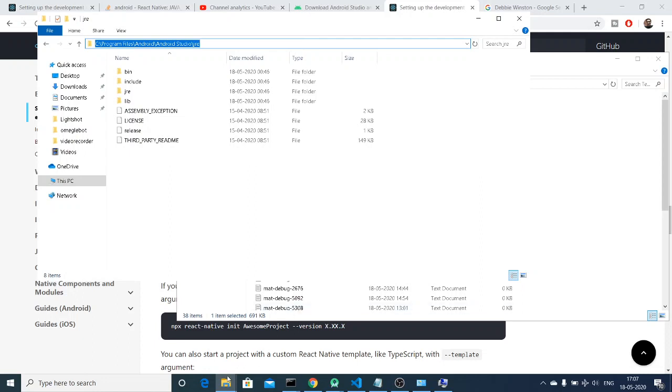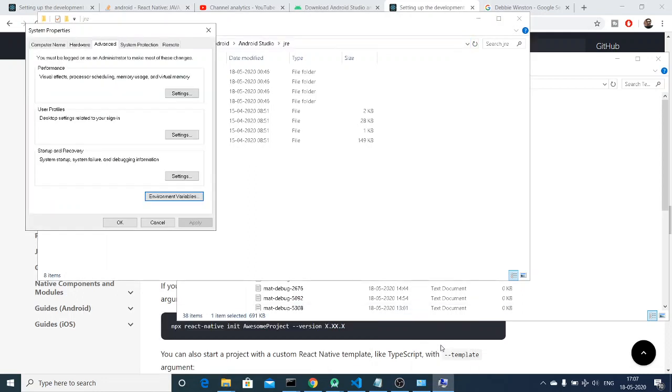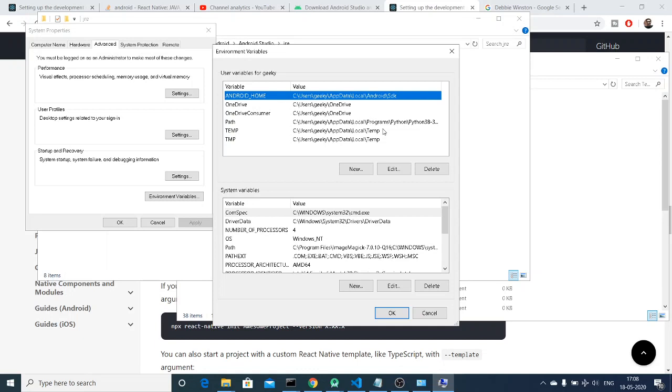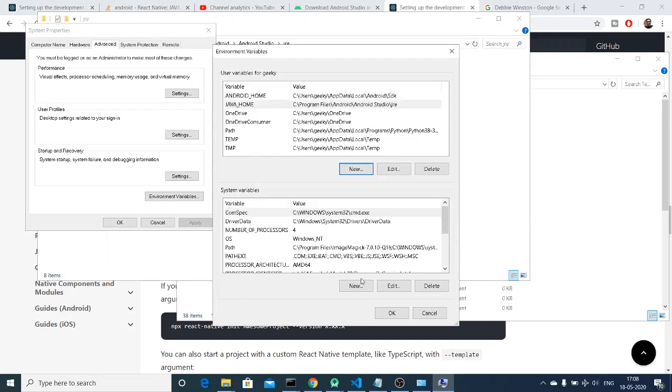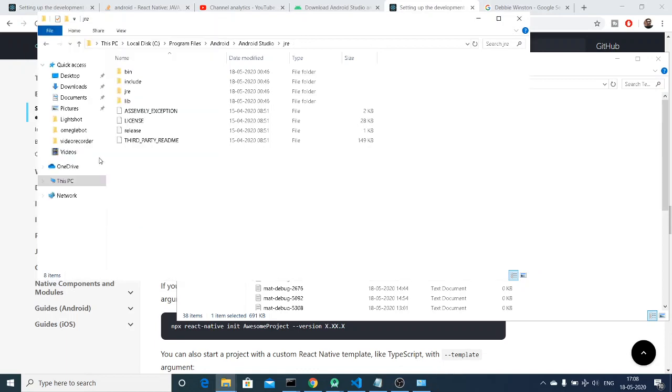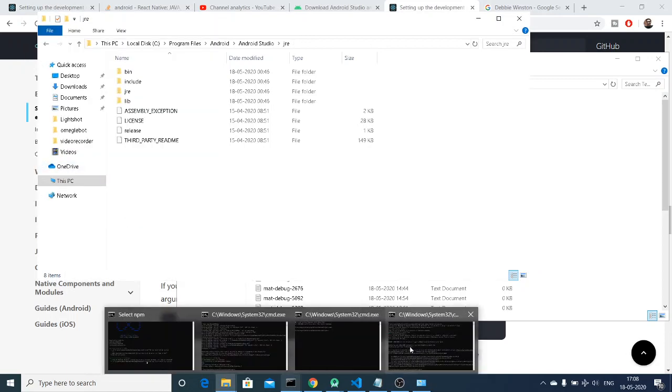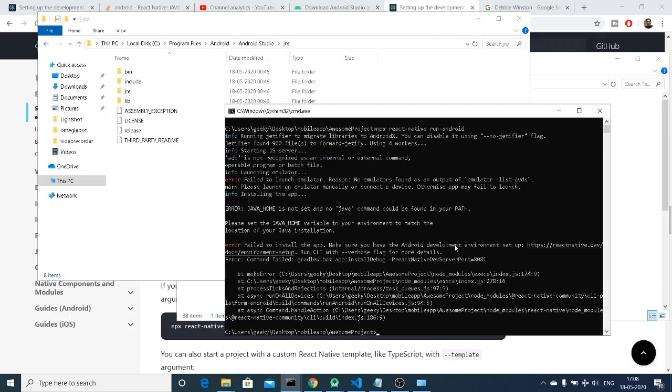Copy this path, and here you need to create a new variable, which is JAVA_HOME. Just create this variable and then inside this copy paste this address. So basically this is the Java SDK. So here we are configuring the Java SDK. That's it. Now again click on OK. Click on OK. That's it. Now we have configured all these options. Now these errors will not come.